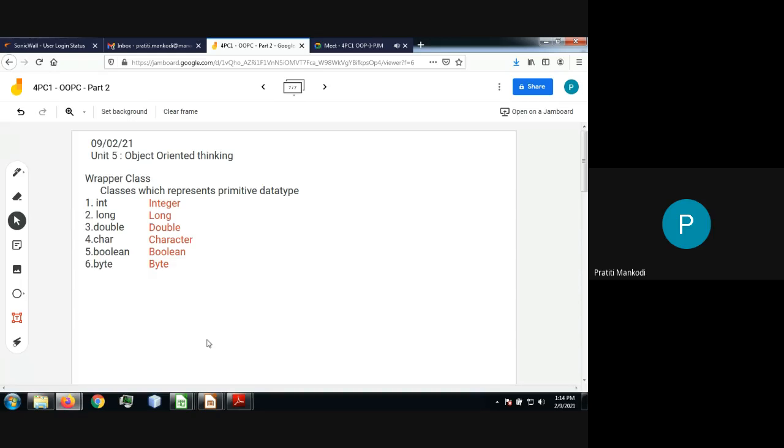That means your C++ is not actually implementing encapsulation to its 100%. I can say it like that. Similarly, if you talk about Java, Java supports primitive data types. We say Java is an object-oriented language, but we should not say Java is a pure object-oriented language. Why? Java is object-oriented, but it supports primitive data types also. As it supports primitives, you can create a variable like int a = 10. This is completely valid in Java.